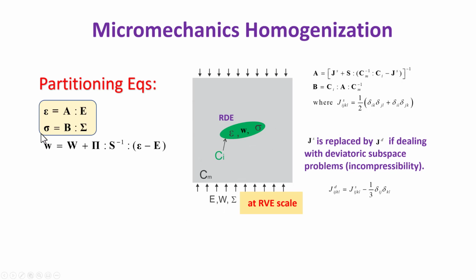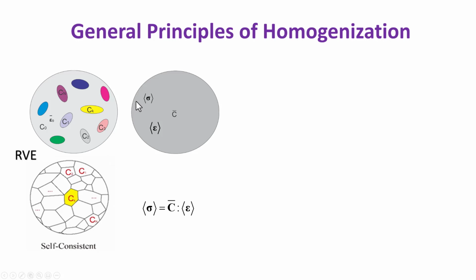There are other assumptions in how these partitioning equations were obtained, of course. Details of how these partitioning equations can be applied to more realistic materials will be discussed in the next lesson, but in this lesson, let us assume that these partitioning equations apply, and our homogenization is based on the fact that the material is linear. Now, the general principles of homogenization can be illustrated here. So we are dealing with a heterogeneous material, either a material with many inhomogeneities embedded in a common matrix phase, or the material is a polycrystal or polyelement continuum.